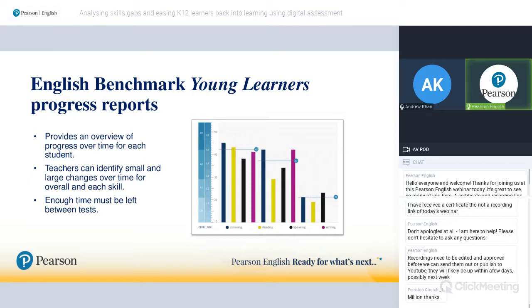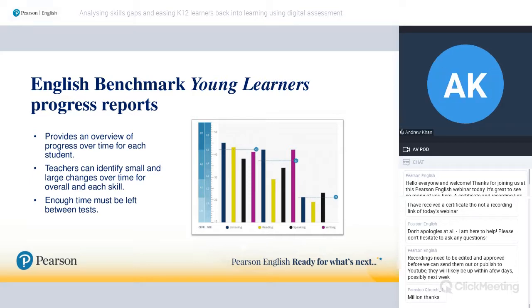Yes, of course, absolutely, no problem. Well, it's good because I've moved on to the right slide anyway. So we're talking about progress and the idea of showing progress. What we're doing here is again giving something to teachers that's very visual, very easy to read, and not looking at a lot of numbers, a lot of data. You can see here multiple test attempts, and with each individual skill, how much progress has been made from one attempt to the other. It's very simple to look at, very easy to understand, and it shows immediately progress for this particular learner over a course of time.